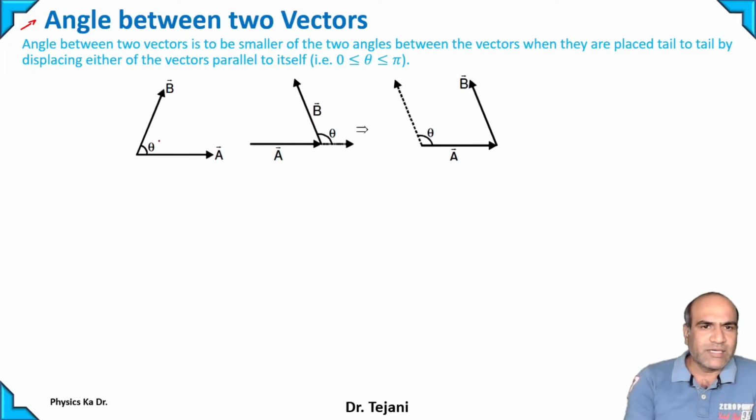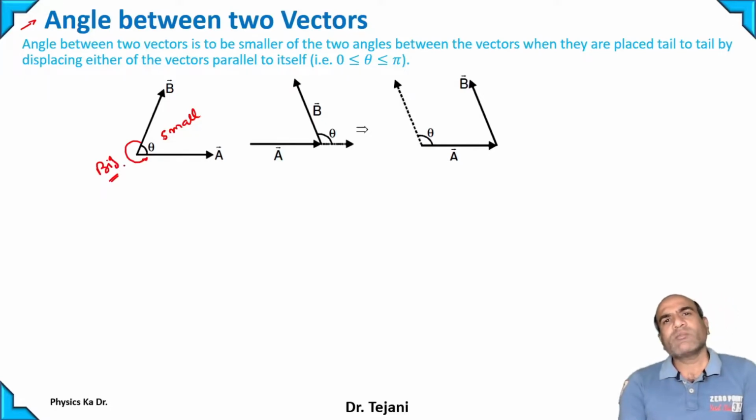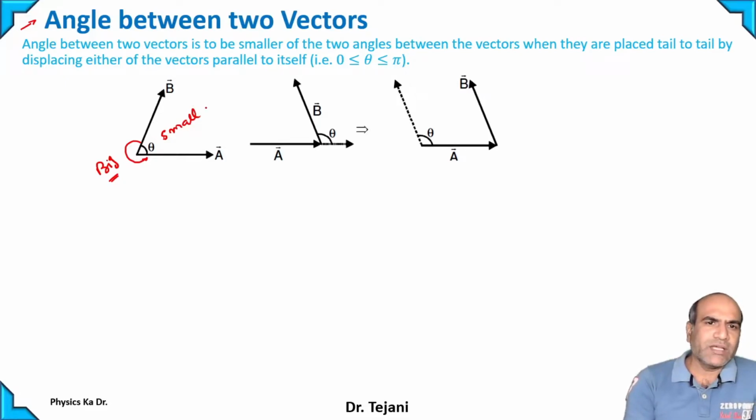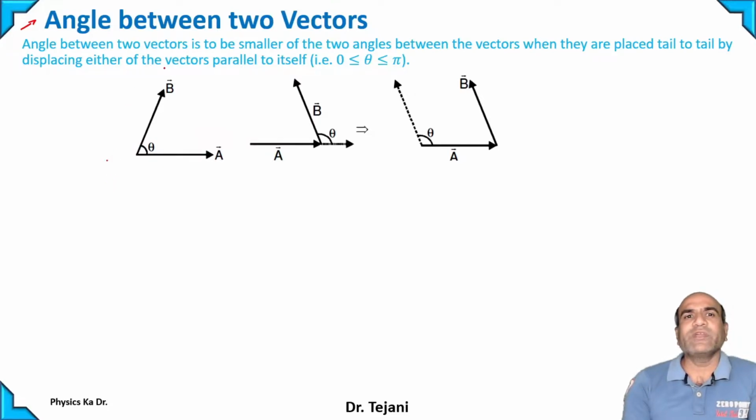There are possibilities here. This is the smaller, and if we take the outside of this part, it becomes bigger. So when we talk about the angle of vectors, we can only go with the smaller one. A bigger part cannot be considered. So it is mentioned here: the angle between two vectors is to be the smaller of the two angles between the vectors